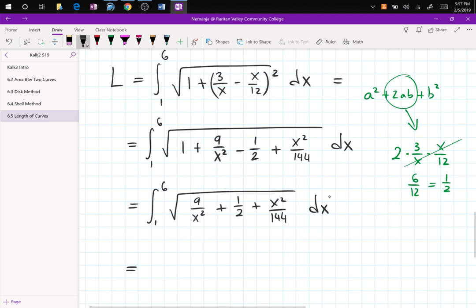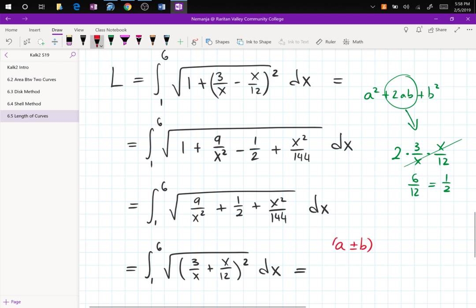So now we have integral 1 to 6 square root of open parenthesis 3 over x plus x over 12, everything squared, dx, and now we can cancel the square root and this. So what am I using here? I'll write the formula, and the formula says a plus minus b squared is a squared plus minus 2ab plus b squared. So this is the formula from your algebra class, and both of these with plus and with minus are used in this problem. So we expanded,